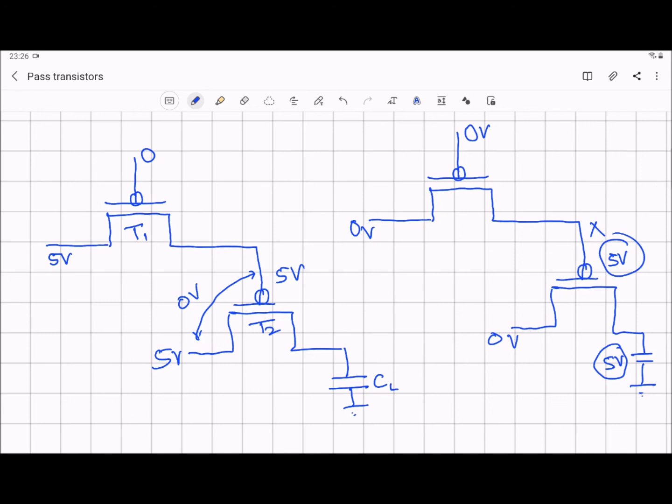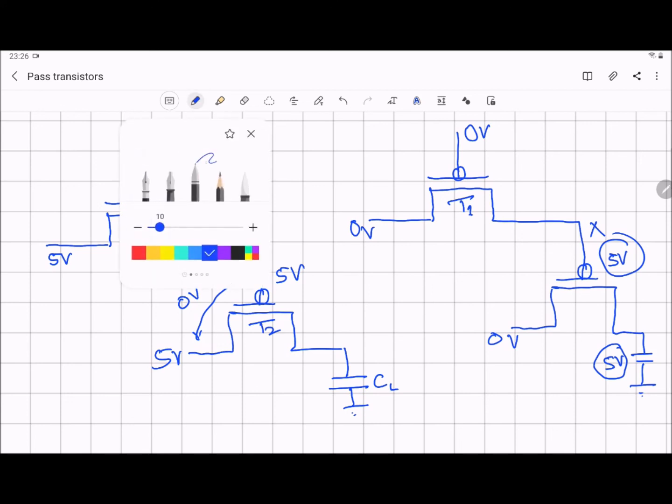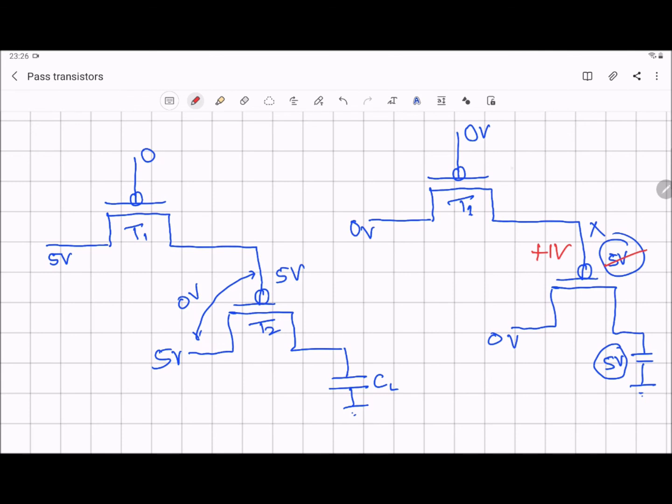Now what is going to happen? The discharge process will take place through transistor T1. So I will have a voltage at node X of 1 volt, the new voltage. Okay, because I want logic 0 and PMOS gives me degraded logic 0. I will have 1 volt because VGS should be minus 1 volt. So I have 1 volt.